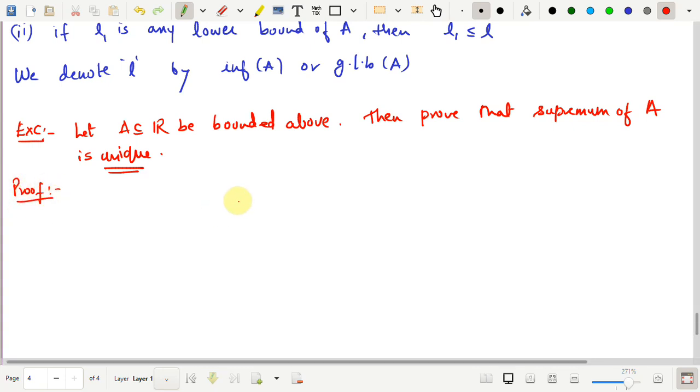It has a typical way to prove something is unique. So what we do is that we assume that there are more than one supremum of A, or more than one element having that property, and ultimately we are going to show that both of these elements are same. Okay, so